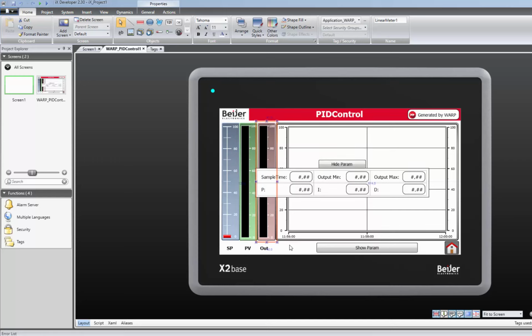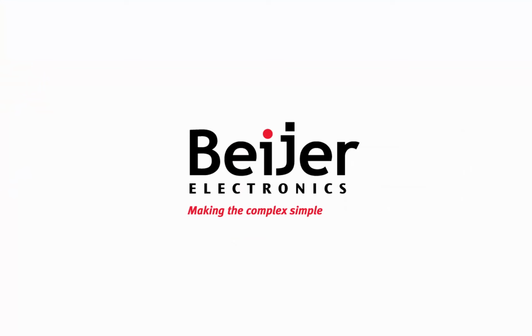The applications are now configured and ready to be downloaded to the hardware. To sum up, this software will change the way you create integrated CODESYS control applications forever. We call it